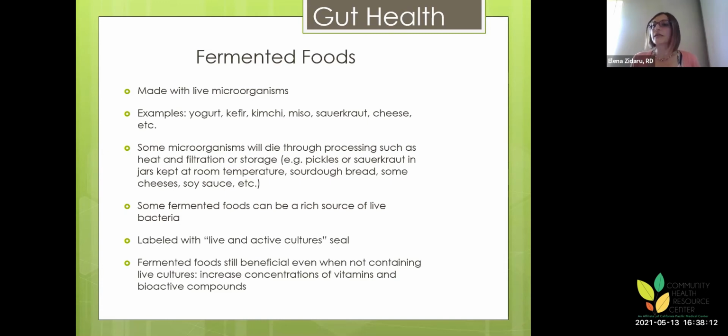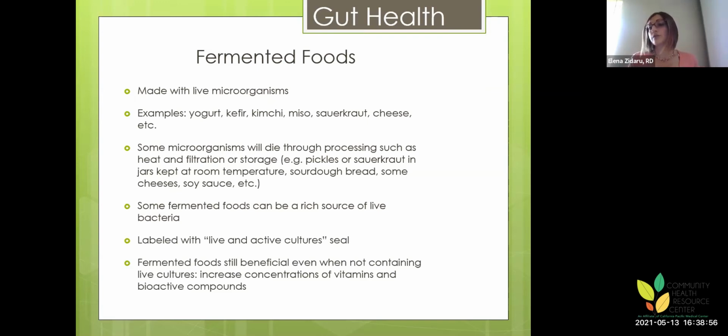The yogurt, the kefir, kimchi, and miso, and sauerkraut, and cheese, a lot of cheeses. Those are fermented foods, and they're made with live microorganisms. A lot of those that are refrigerated, you know that when you eat them, you're going to get some live bacteria. So through the fermentation process, you have these live microbes. And with the products that are fermented and refrigerated, a lot of times you get the live microbes into your body. Again, if they have a probiotic effect or not, it's hard to know, because it depends on the strain and the amount that you're ingesting.